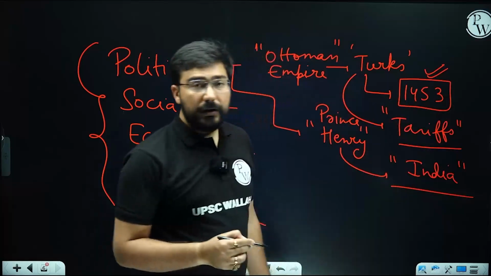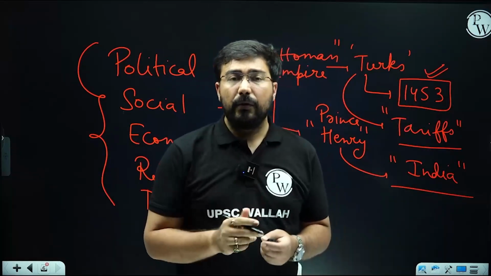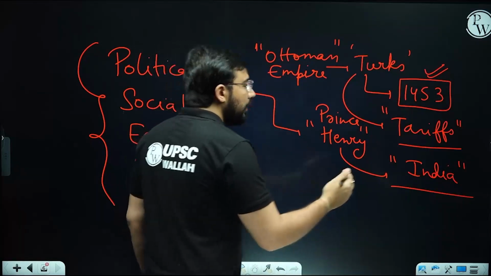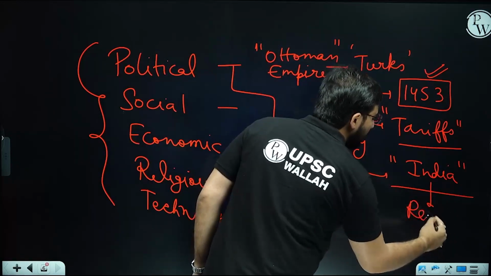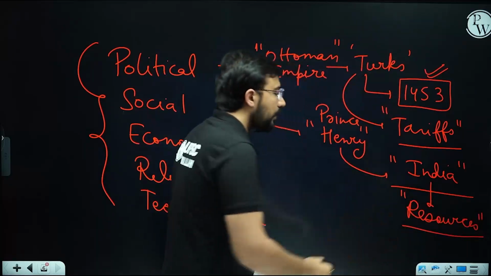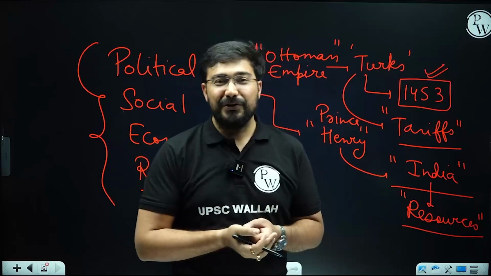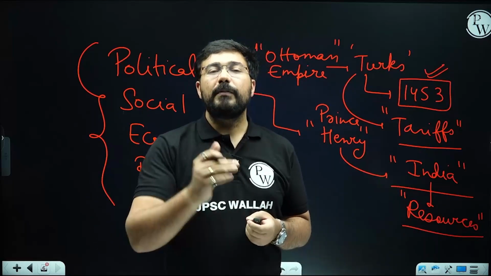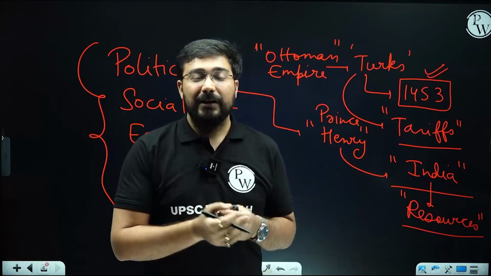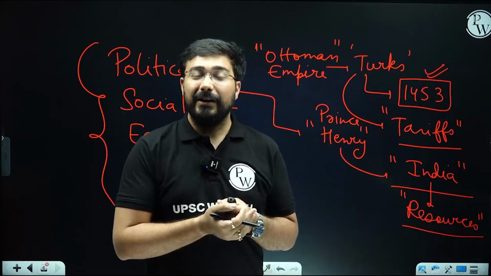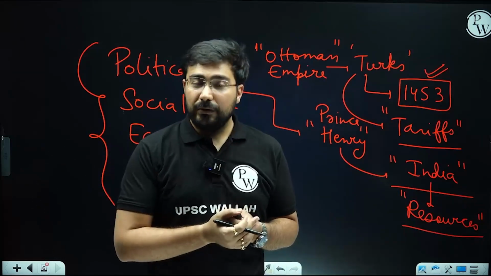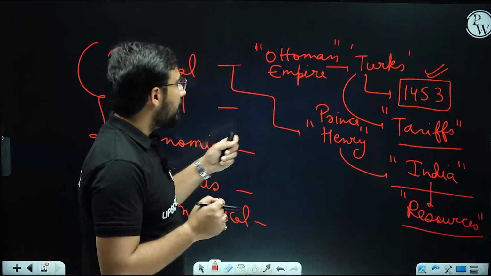He wanted to come to India, and since he wanted to come to India, it became very important for him to allocate resources for that. And that's why he started supporting all those travelers, all the adventurers who could find a specific pathway to India. So Prince Henry played a very important role. In fact, he had a very famous title, the Navigator. The navigator who wanted to travel the world, who wanted to know about the world. So he was a very prominent personality with respect to this.